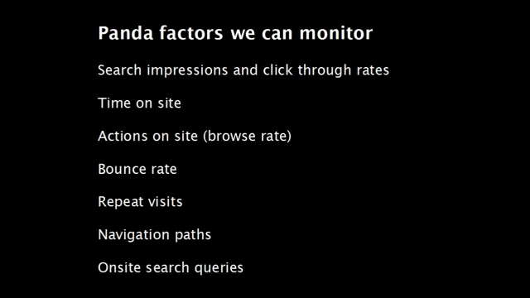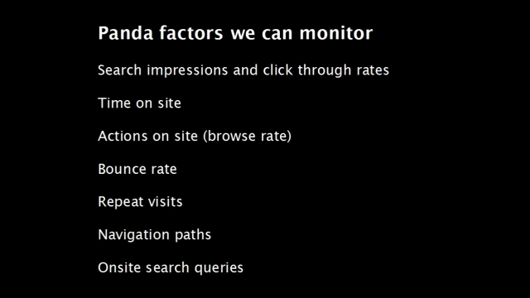Search impressions and click-through rates. Okay, how many times does your site show up on a search engine result page that a human views? And then how many times does it get a click-through? So if somebody searches for dog food and you come up 100 times and you get 12 clicks, that's a 12% click-through rate. Okay, regardless of your position, whether you're in 1 or 10, wherever you are in the results, and as we've all seen with Google, position can fluctuate from search to search. You can rerun a search and your position will be different.